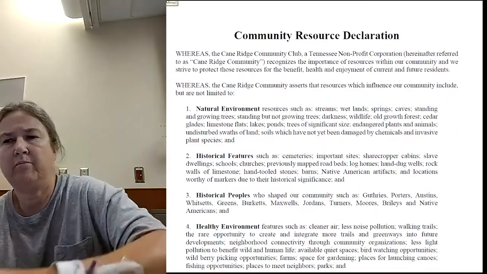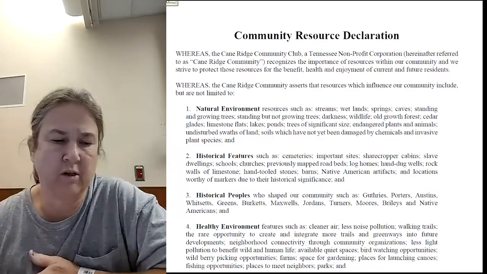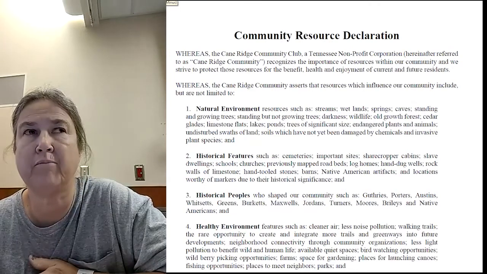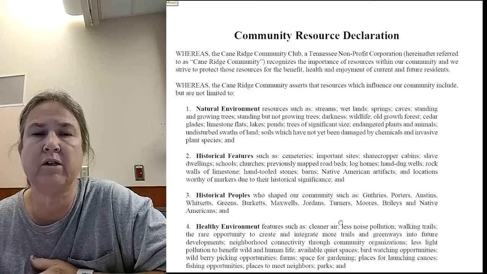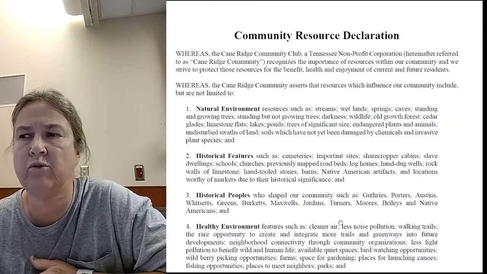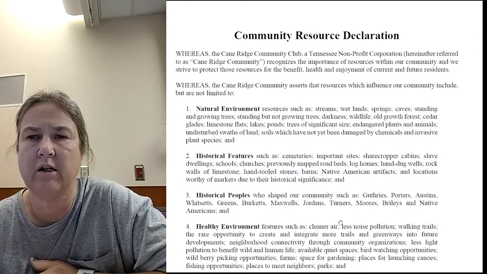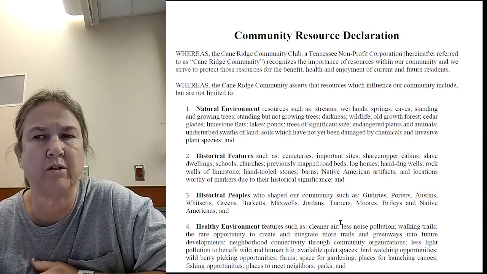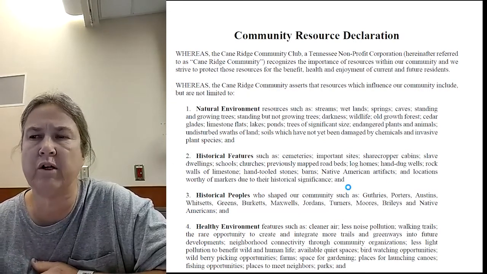And to us, naming future residents who didn't live there yet was really important, because one of the mistakes that we all believe we have made through the years is not doing a good enough job of protecting our communities for those residents who haven't come along yet. So that's why it makes a point of talking about both current and future residents.